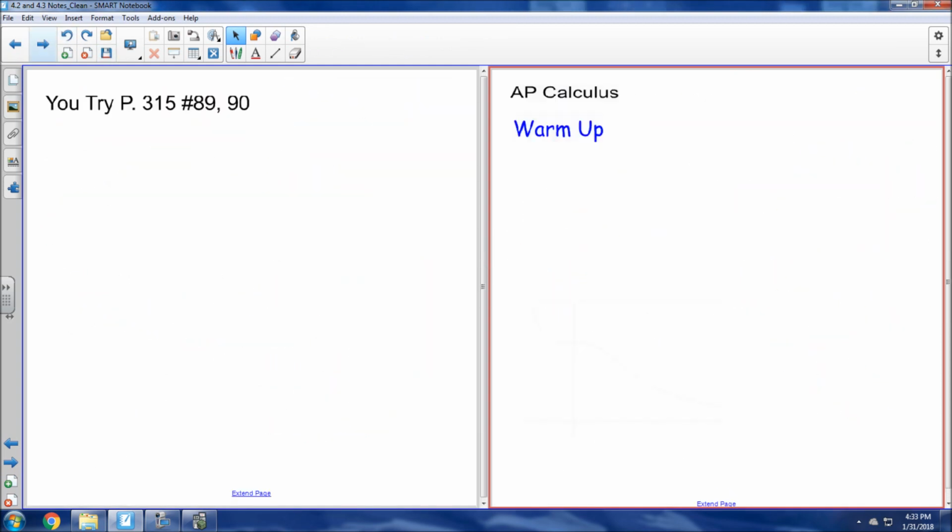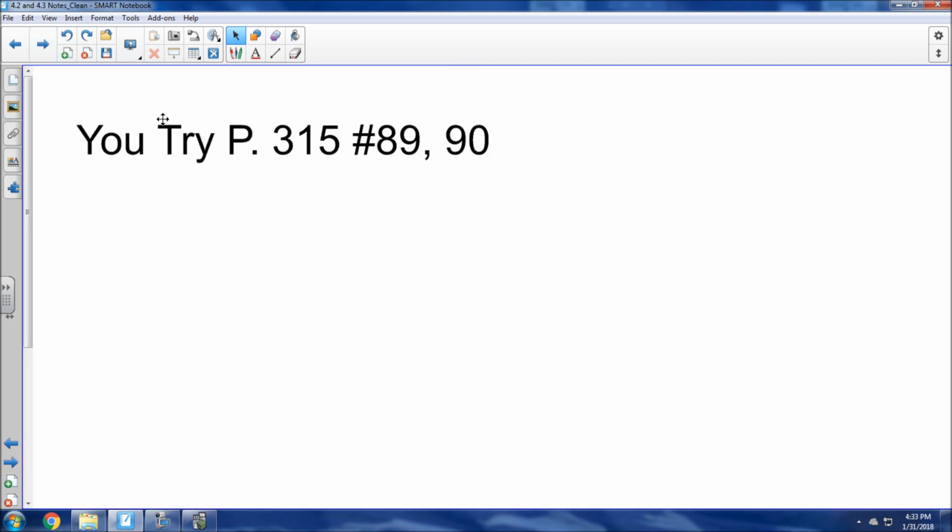So you are to try these two problems, page 315, number 89, number 90,